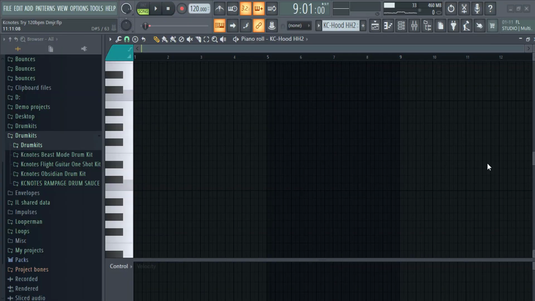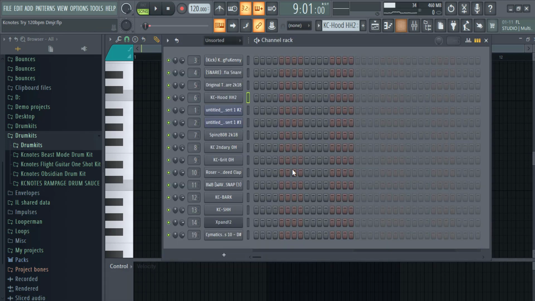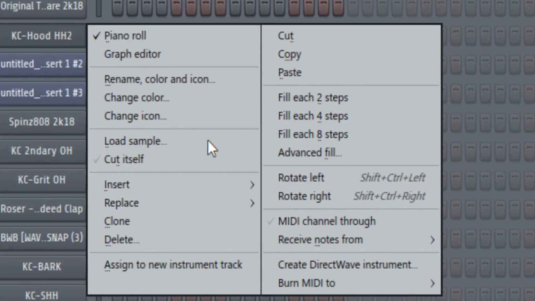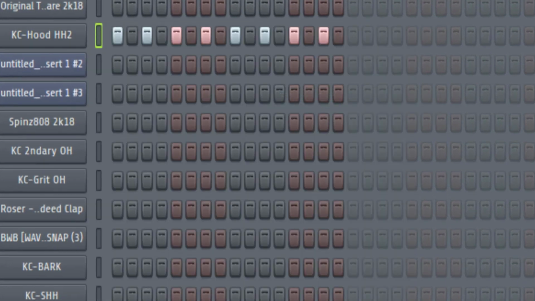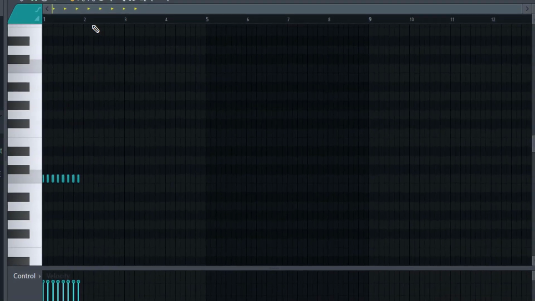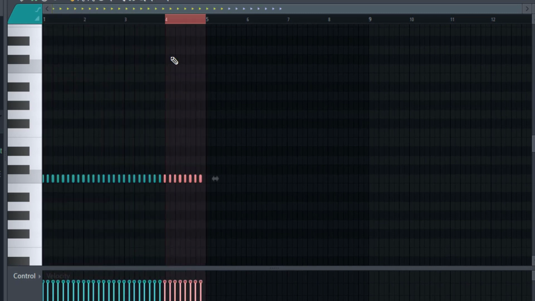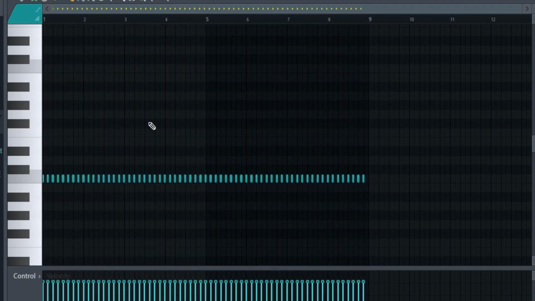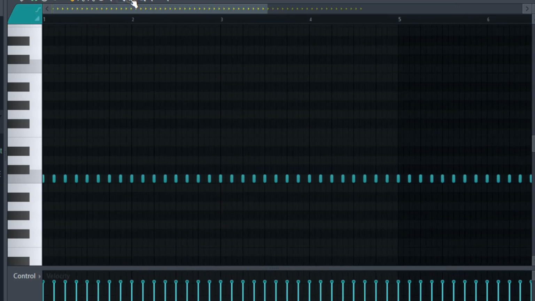So to quickly demonstrate, we're using the same beat. We just locked in the snare. Now we're gonna add the hi-hats. So let's say I have no idea. I'm listening to the song and I don't feel a groove popping out to me. I don't hear anything. I'm just gonna go to the hi-hats in the channel rack, right click it and hit fill each 2 steps. It's gonna give me a 2-step hi-hat pattern. Sadly, it's gonna be only for the first couple bars, but we need all these bars. So I'll just copy that over. All I did there was Control B, select the whole bar and then Control B it over. All right, so now